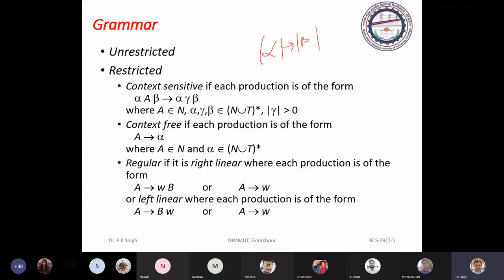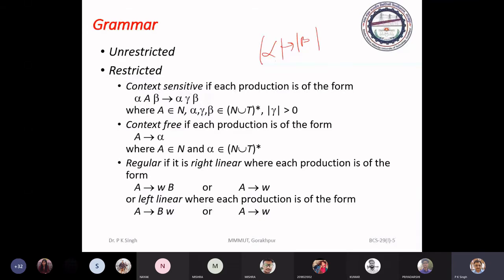But your grammar becomes unrestricted if you have a violation of this property. Otherwise, we have to expand the language.